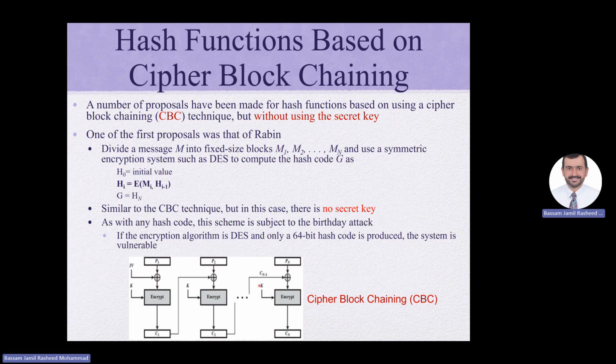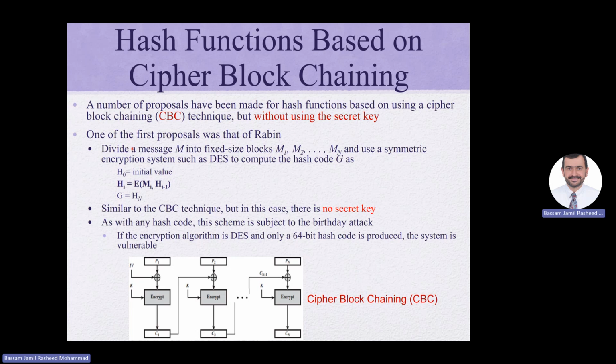Typically, a key has a required number of bits and it has to be shared. So you can see here that by going through this chain, the last Cn, which is supposed to be one of the ciphertext blocks, will be my hash output